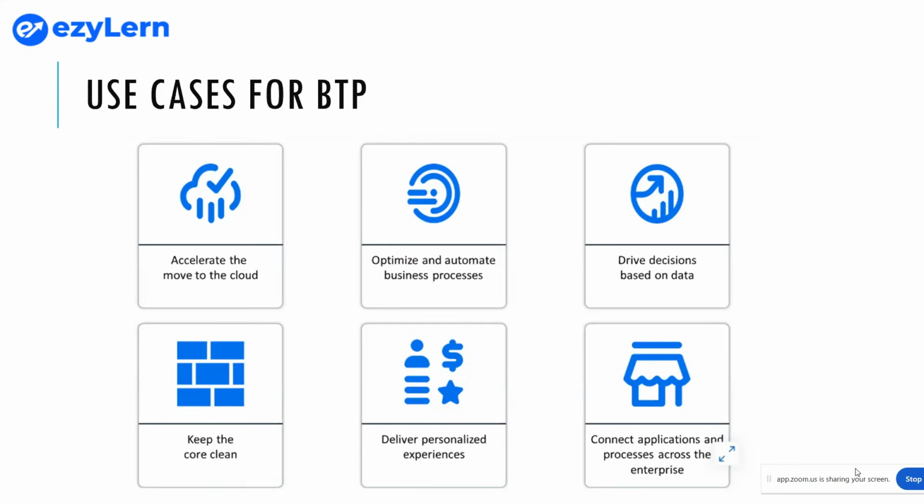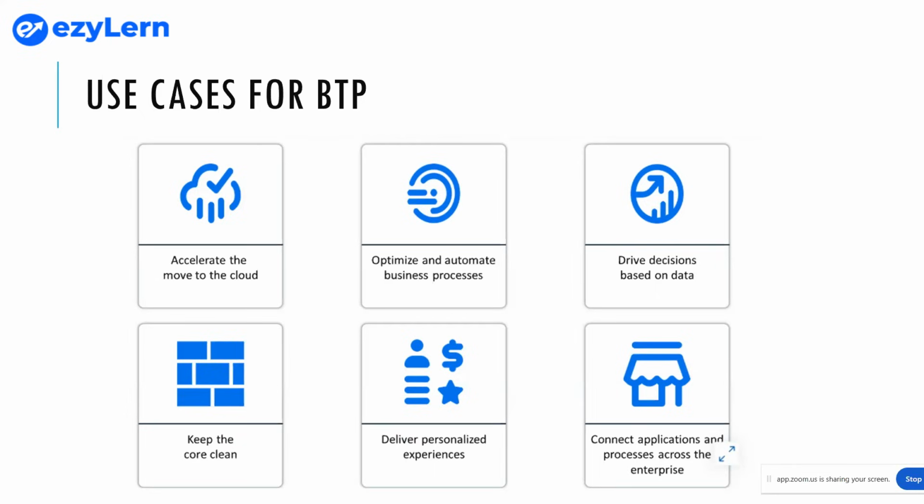Then when we talk about optimize and automate business processes, there are manual tasks and cross application workflows that can be automated using a broad set of predefined content. SAP BTP provides SAP Build Process Automation, a low code tool that is designed to enable both business and process experts, as well as traditional and citizen developers, to create automated processes or extensions.